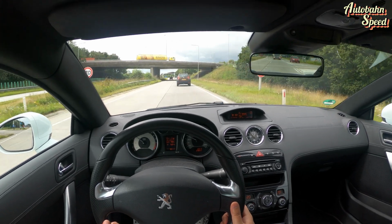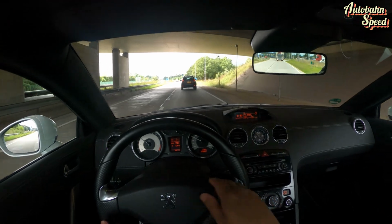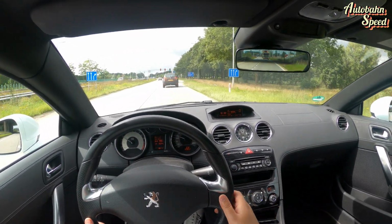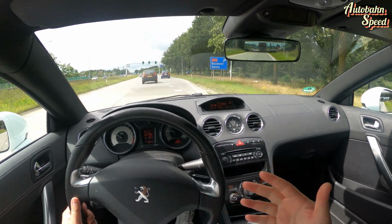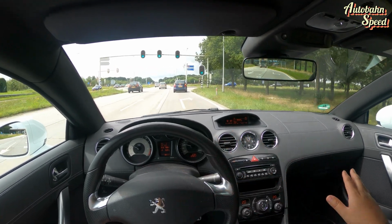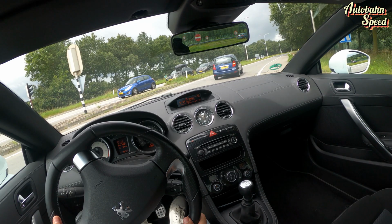The seating position is good. I have the seat now in lowest position. I have very good visibility. But still, for my liking, it's still a little bit too high. It also doesn't really give the sporty feeling. So maybe with the seating position, a very good visibility, and the fact that the car drives very easily,